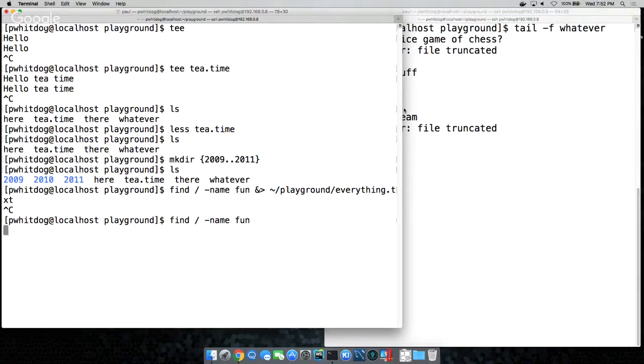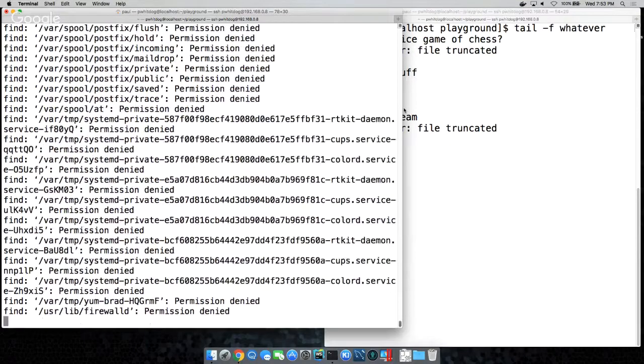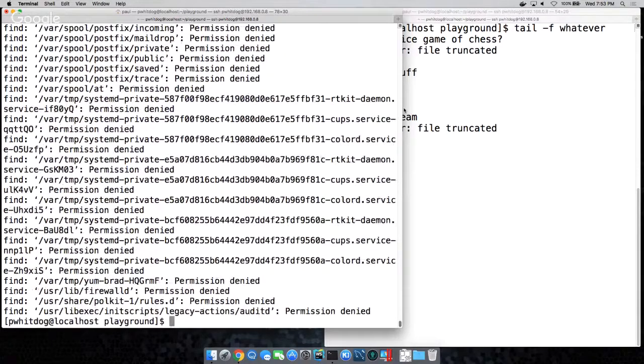Okay, run that. So then he gets a bunch of things that say permission denied, right? That's because he's a regular user that doesn't have super user permissions to look into those directories. So there's a discussion in here about super user and elevating permissions, and there's a whole discussion about how to set permissions on files.